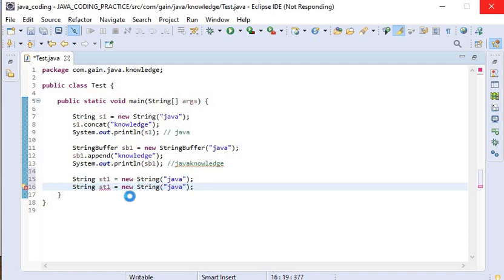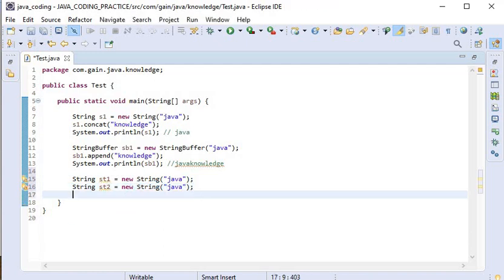When I use the equals method for comparison, we will check its output.